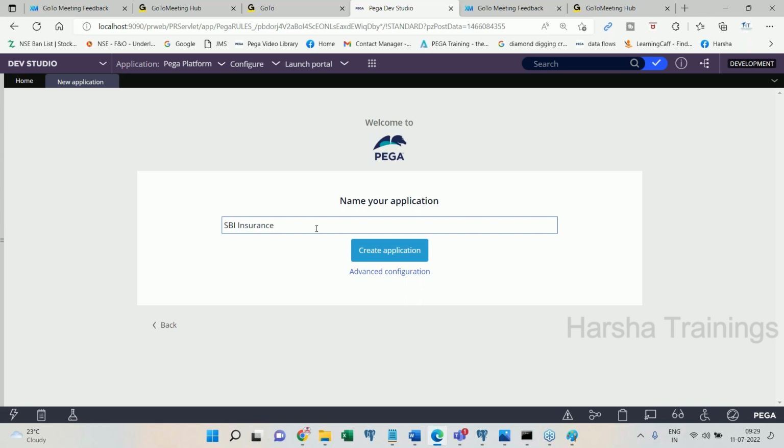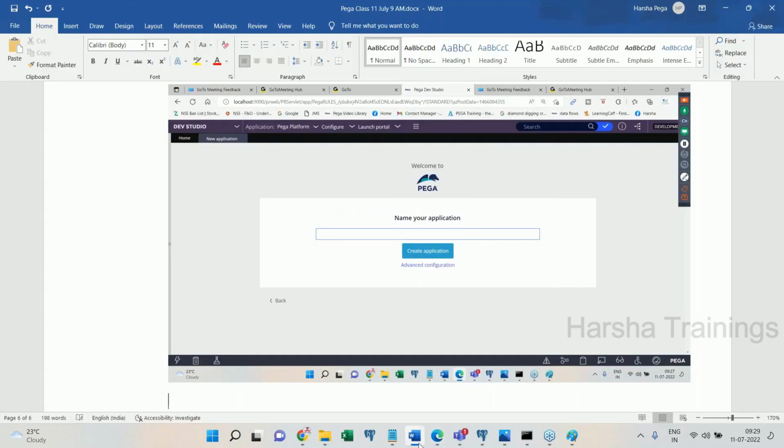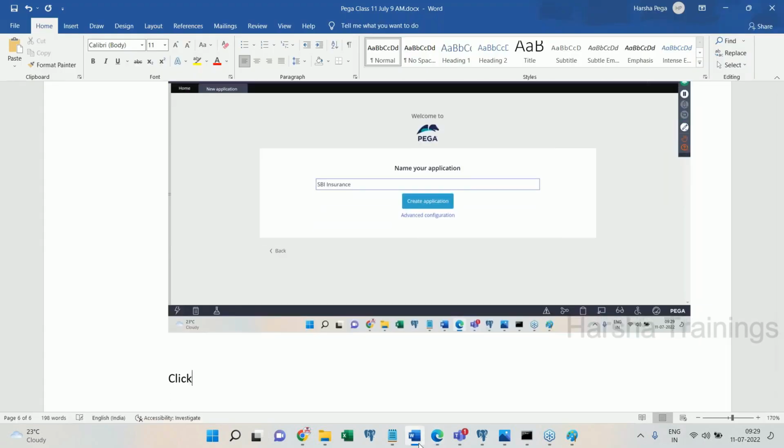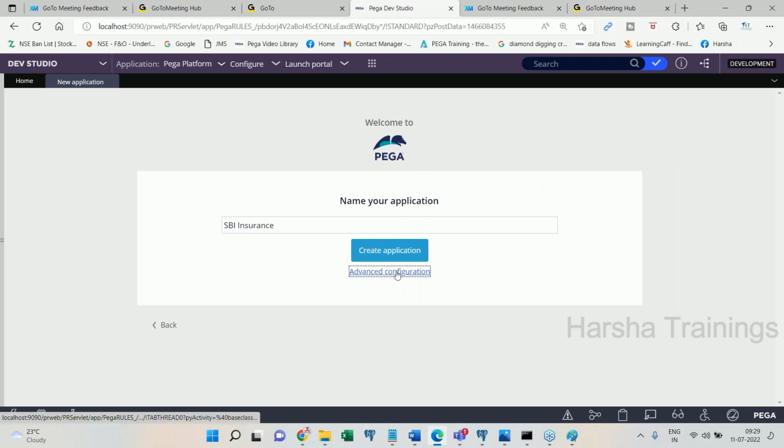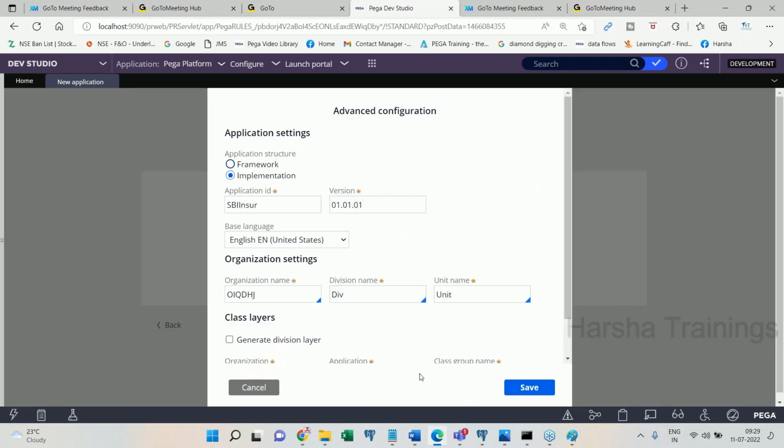Even though the name is not matching for you, that's not a big deal actually. Structure will be matching. Now click on advanced configuration. Let me click on advanced configuration. Once I click on advanced configuration,